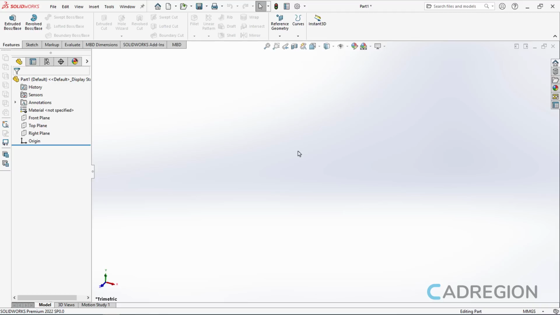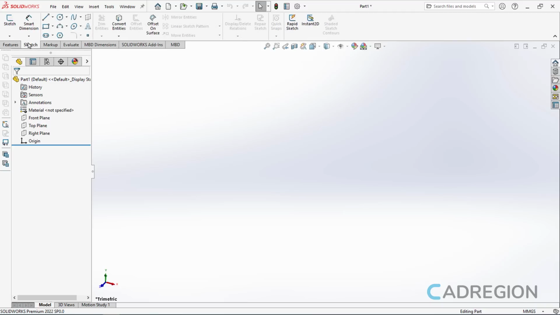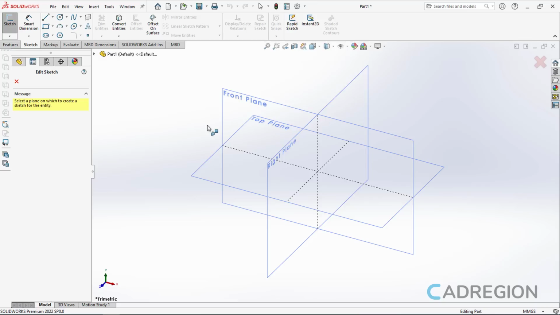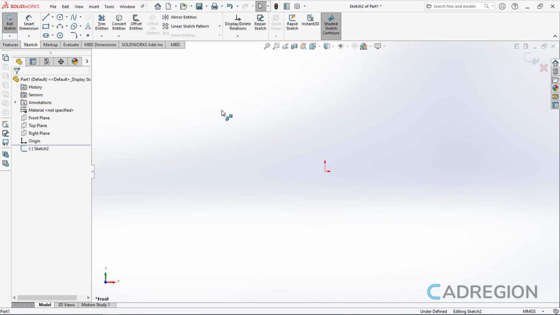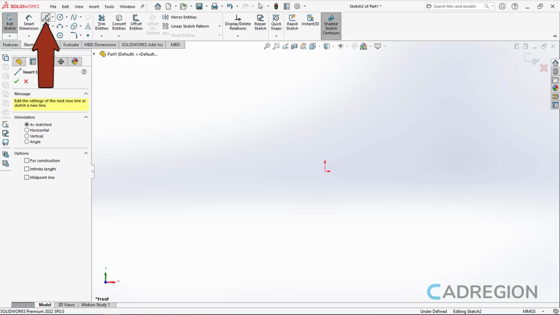In this example, I have created a new part and I have set the units to millimeters. To start drawing, I have to create a new sketch. So, from the sketch ribbon, I will click on the sketch tool. Once I do, the three basic planes appear. I will select the front plane, and then I will click on the line icon from the sketch ribbon to